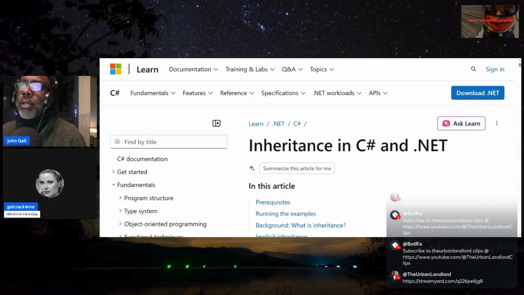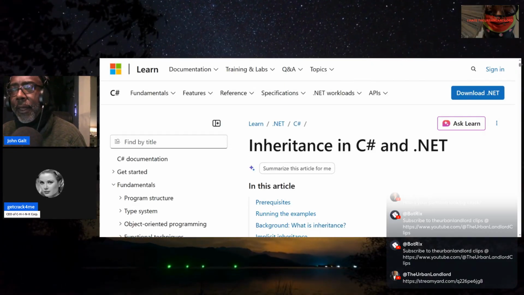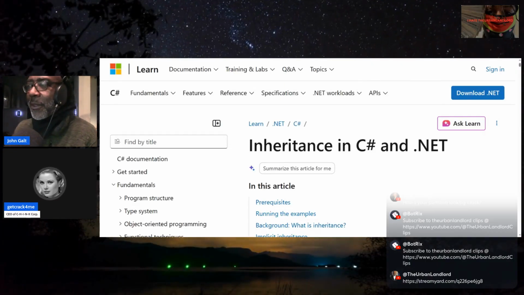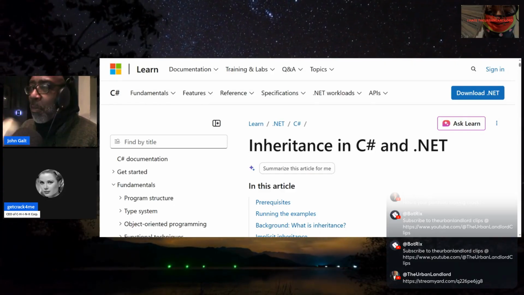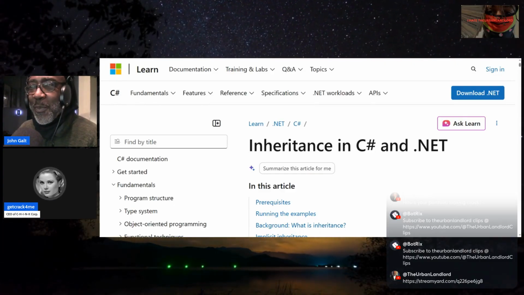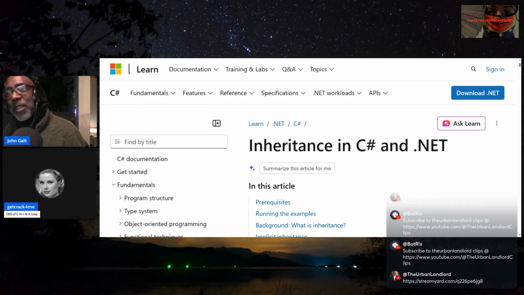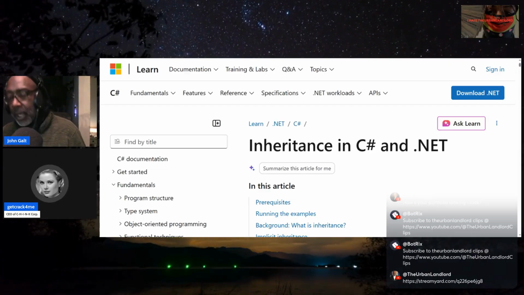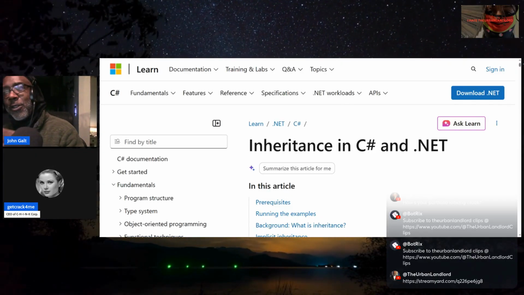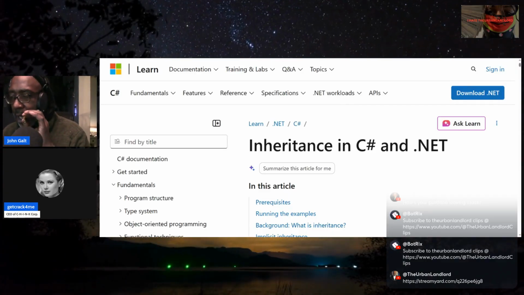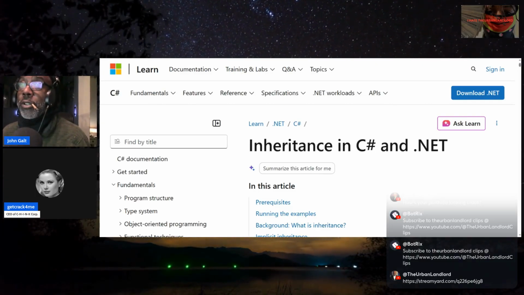Oh boy. Inheritance. Oh boy, don't get into this. What's a child? What's a parent? Why do you want to get into this? Hey, Craig, you may not believe this, but in my day, when I was a software developer,